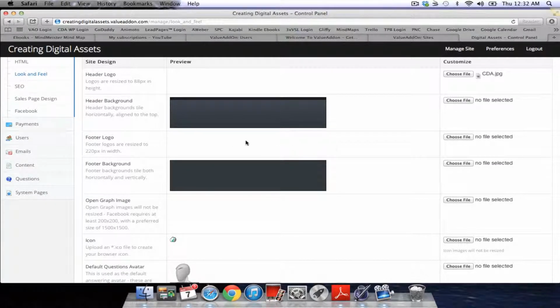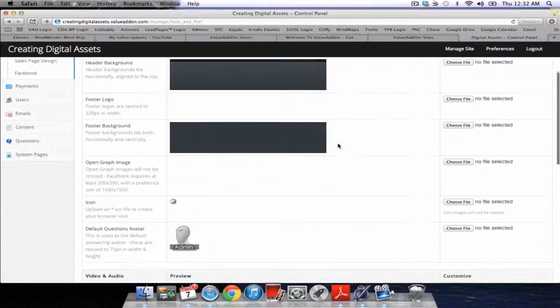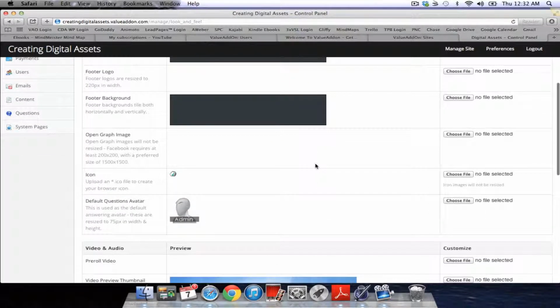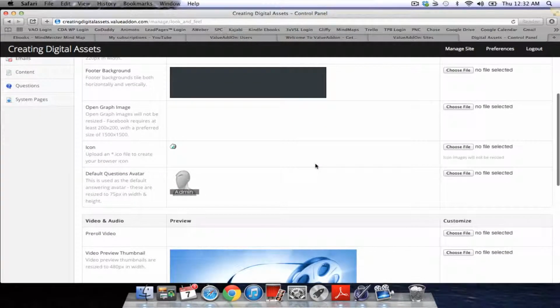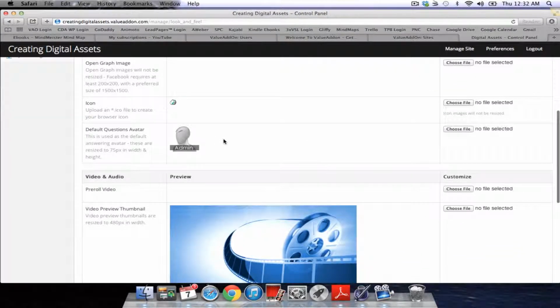Footer logo, footer background. Default questions avatar. This is used as a default answering avatar. Okay, well, I could put in my picture there.